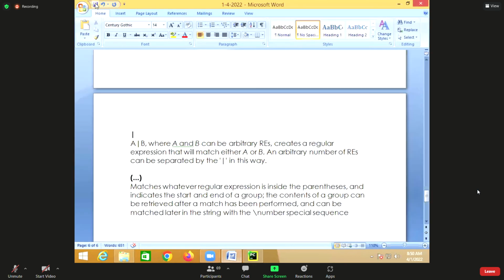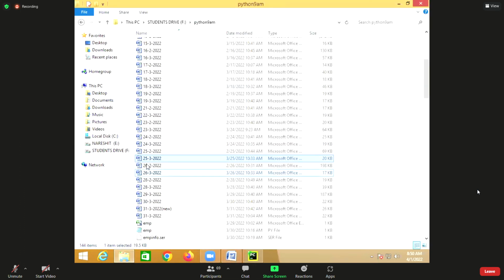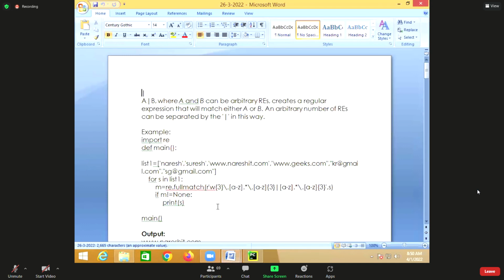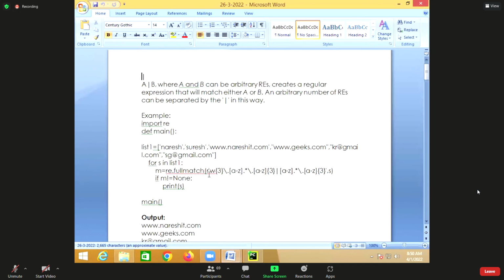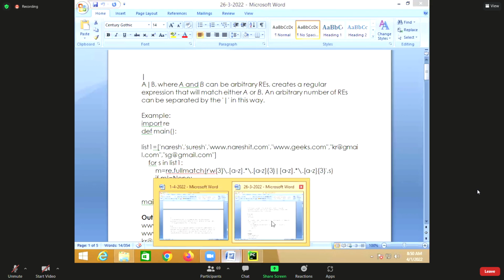Where you are defining multiple patterns, you separate them with the pipe symbol. So multiple patterns are there. For example, it is like this. Now you want to find mail IDs and you want to find websites.